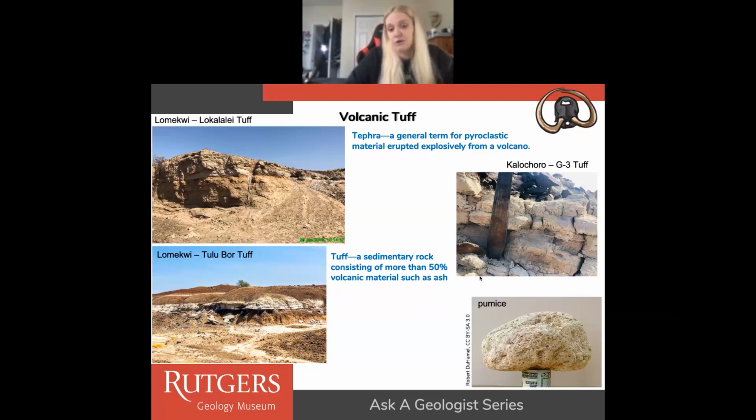Now, we see this all over Kenya. And this is so important to our study of geology because we can actually use the volcanic tephra to date the rock formations there. Geologists use minerals or glass shards in the ash to date the tuff, and then once you date that small area of tuff,